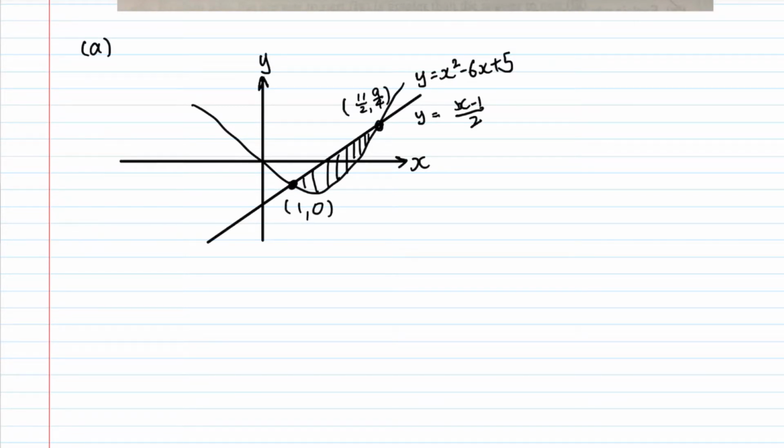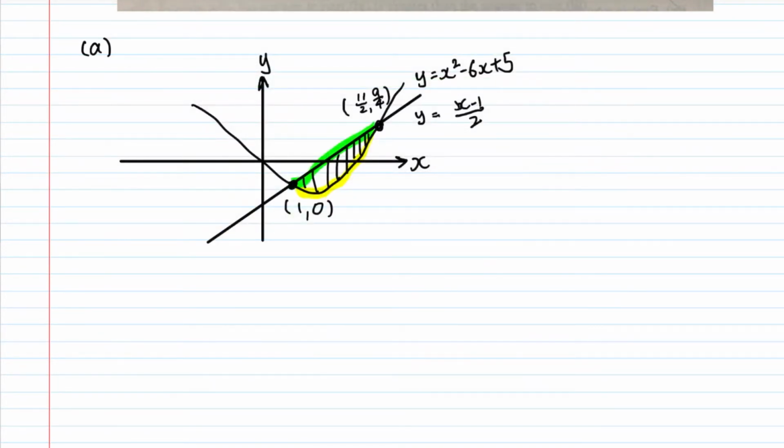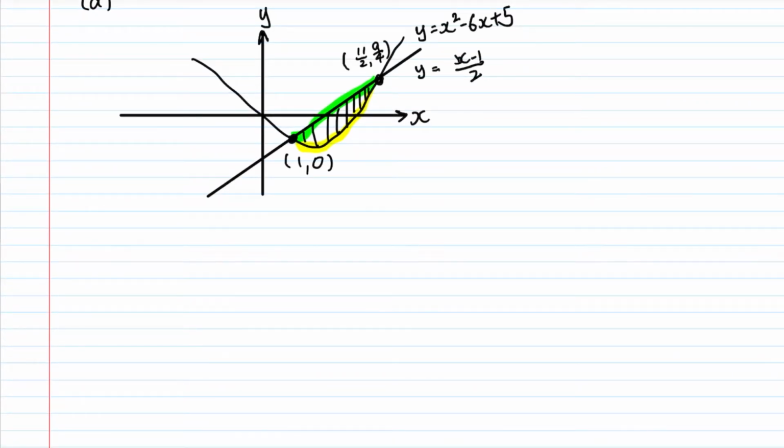In this case, the upper curve is the part above the shaded area, which is going to be your straight line. The bottom part, below the shaded area, is going to be the quadratic curve. So this is the bottom, and the top, I will highlight as this part here. Now if we do this integration, it's very simple already. So the area